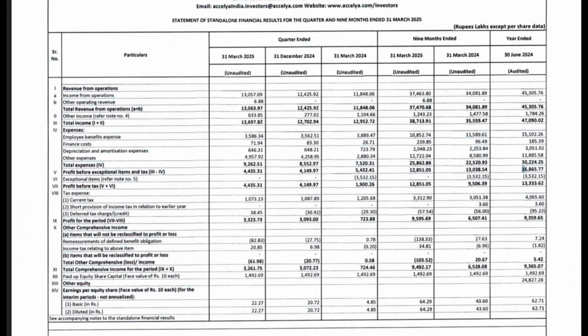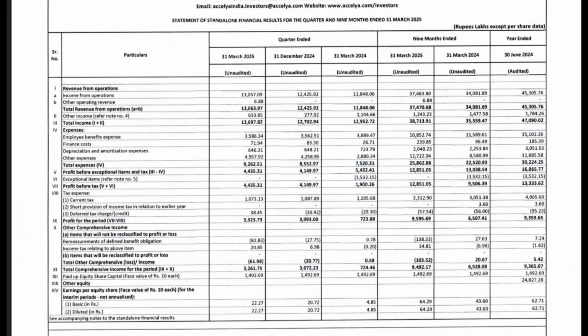The total profit for the last financial year was 168 crore. So right now we have 138 crore. If it makes another 40 crore of profit for the next quarter, that is the April, May, June quarter, then it will make the same profit as it did for the last financial year. So this quarter the profit was 44 crore. Last quarter the profit was 41 crore, and the profit was 54 crore for the same quarter last year. That is for Q4 of 2024.